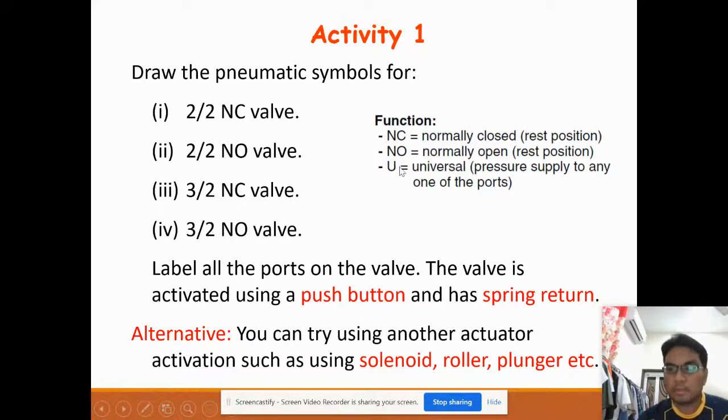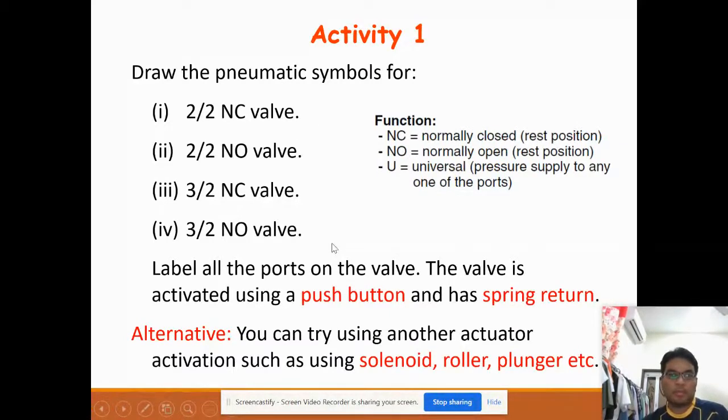As explained before, NC is normally closed, when the original condition is normally closed as what we have in the poppet valve. And NO is normally open, when the original condition is open. You can refer to symbol 1P, is C or O. For normally open we can have the spool one, the solenoid